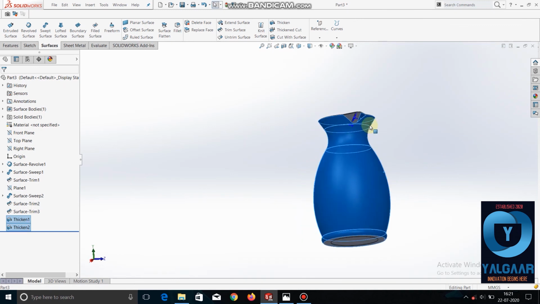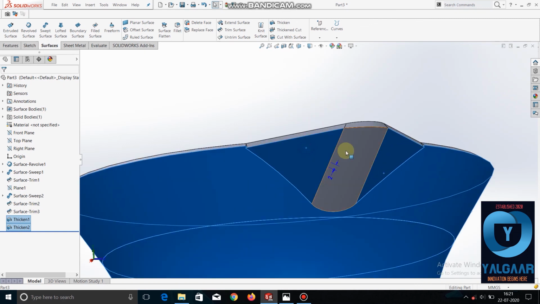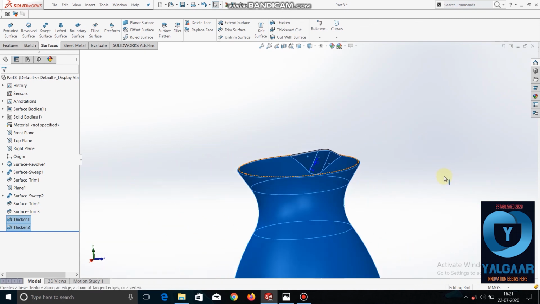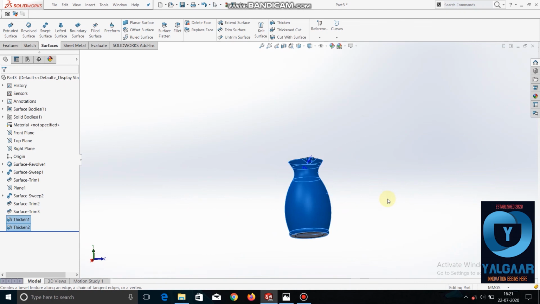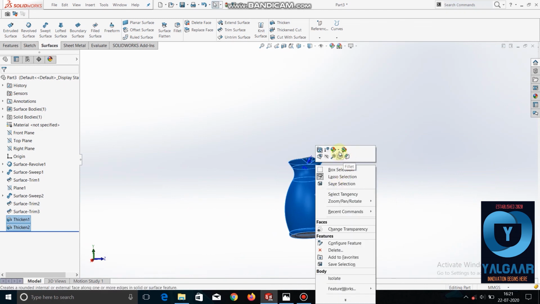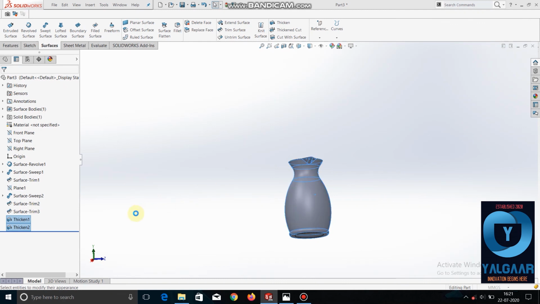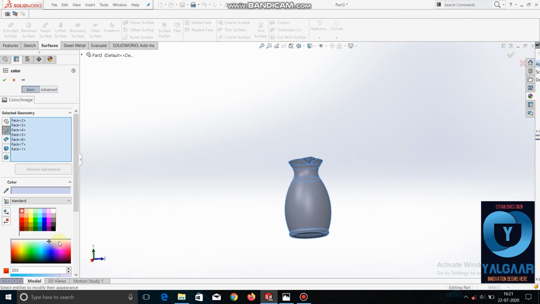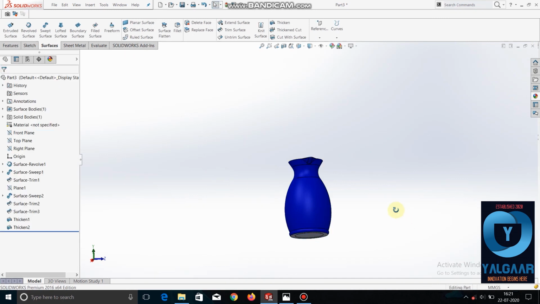We'll make this yellow, blue, and give this handle a yellow color.